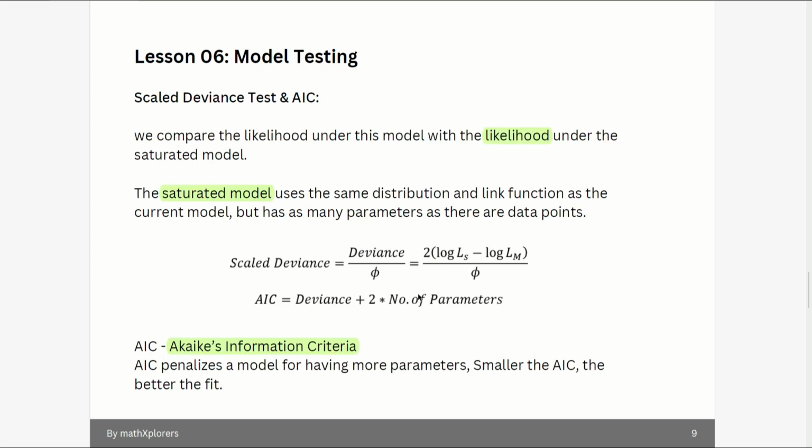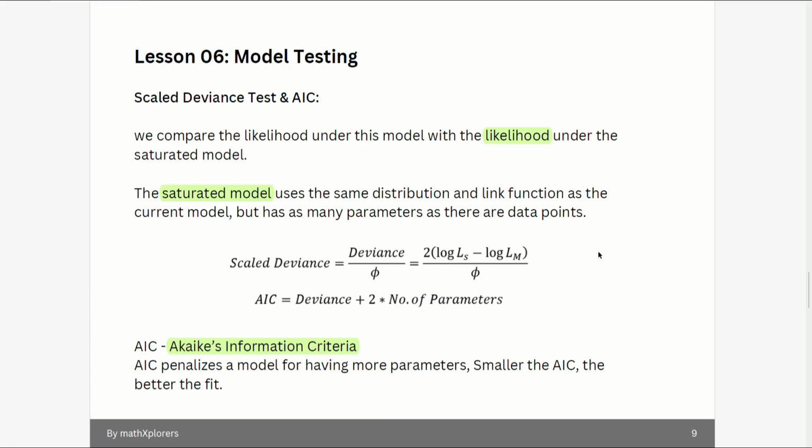Moving forward, now that we know how the modeling process works and how the models are created, we will now test these models that we have prepared. A popular method for testing GLM models is the deviance test. When we test a model, we test whether each parameter we are adding, each interaction we are introducing, is significant for the model or not. If they are not significant and do not add any value to the model we are preparing, we remove these variables. A model that contains all possible parameters is called a saturated model. It has as many parameters as the data points available in the dataset. In the deviance test, we compare the likelihood of our model with the saturated model.